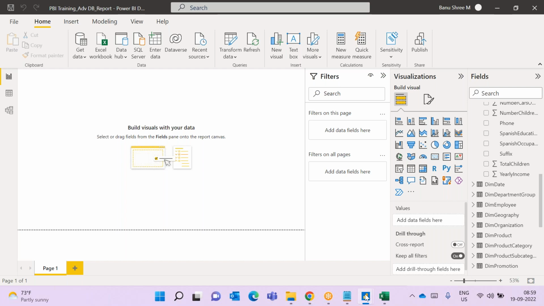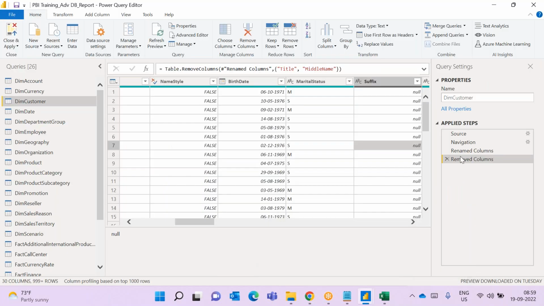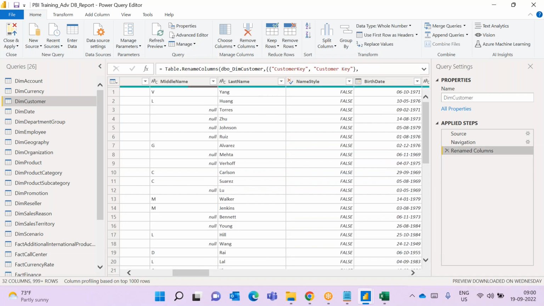So if you are importing data and you have the columns here and you want to change them, it is better to do it at the Power Query end and come back. So that is about all the data type options we have. So next we'll see